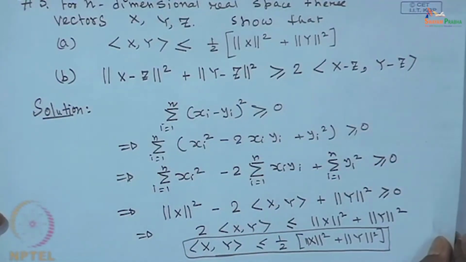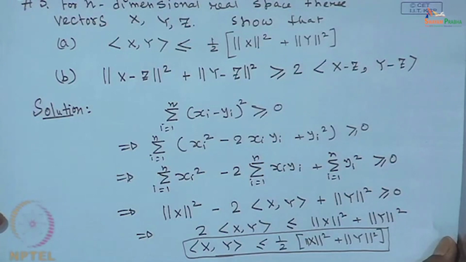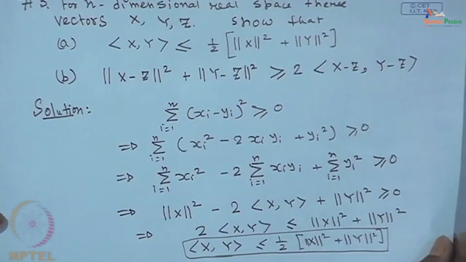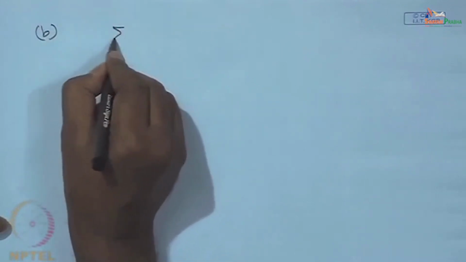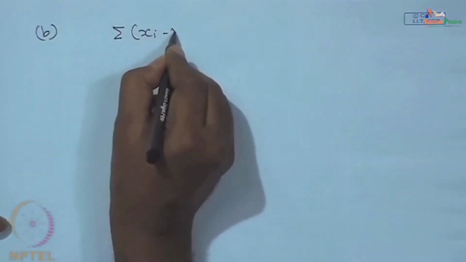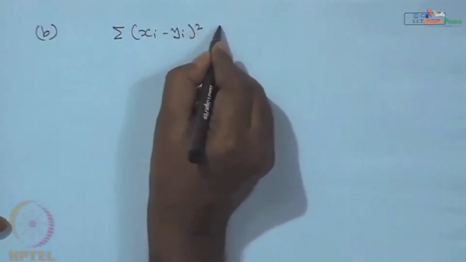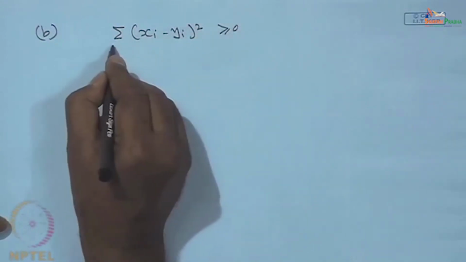The next one will be: norm of x minus z squared plus norm of y minus z squared should be greater than or equal to 2 times the inner product between x minus z and y minus z. In this case also we will be starting with the identity, the next identity, that means summation of the same identity will start with (x_i minus y_i) squared should be greater than or equal to 0,